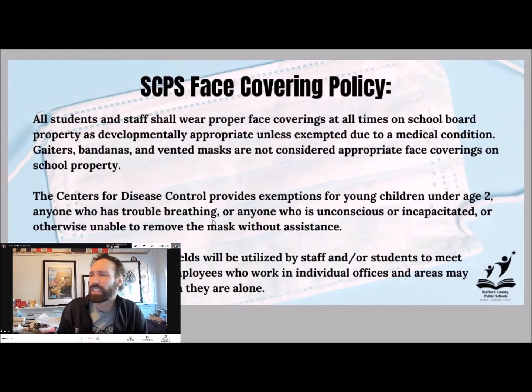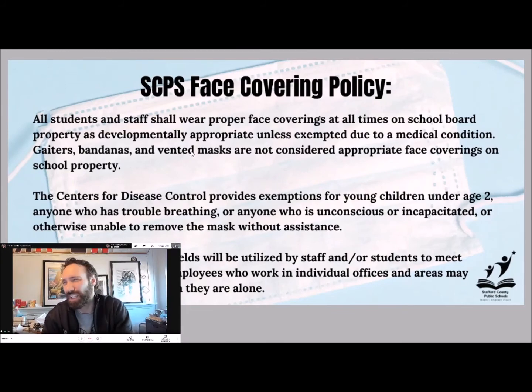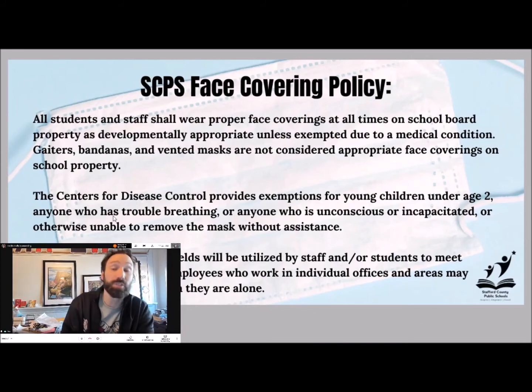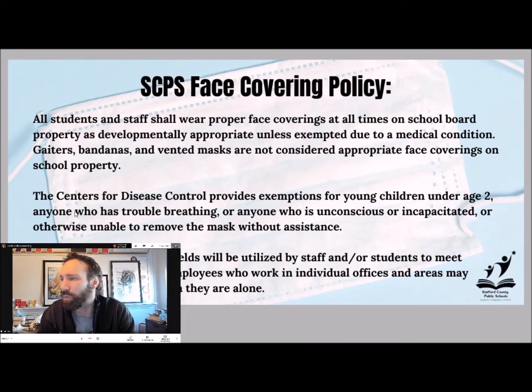And then the second thing is a bandana. Again, the bandana by itself, because it's not tight over the face, is not enough protection. So we would give you a mask to put on as well. And then on there, it also says vented mask. I need to show you a visual of those. Again, if we have a concern about the mask you're wearing, if it's a vented mask, we'll look into it. We may give you one of these, okay? But I want you to think through it, if you're coming in the building, what you should be wearing.